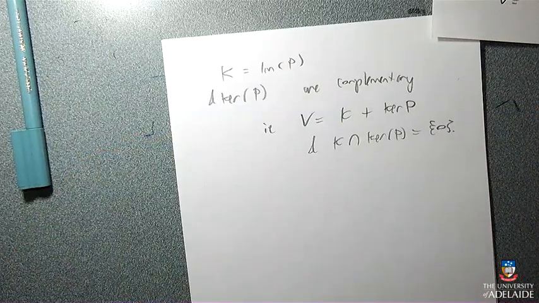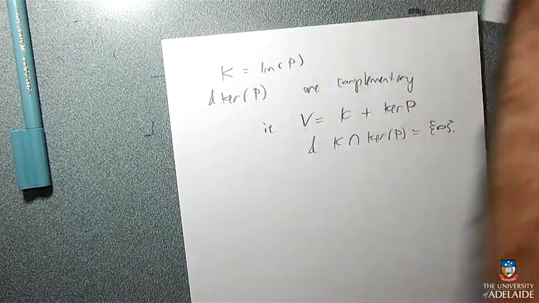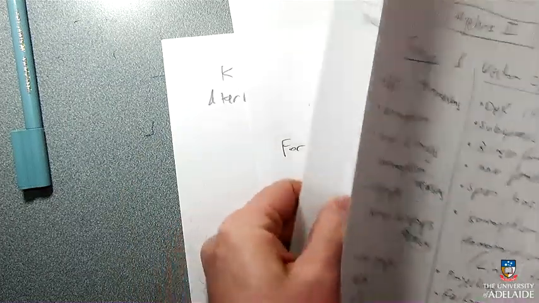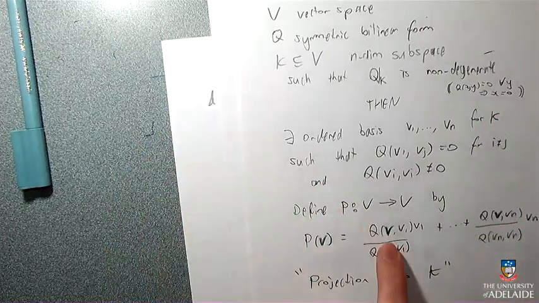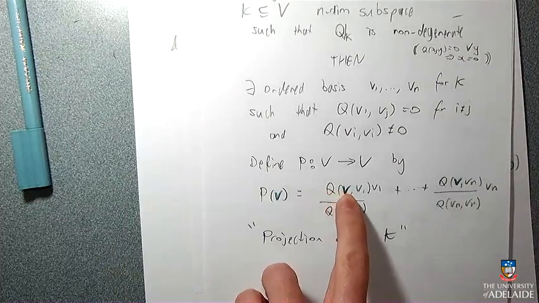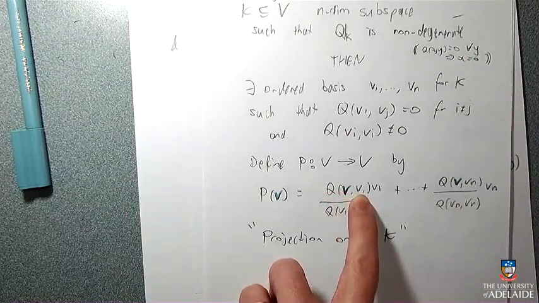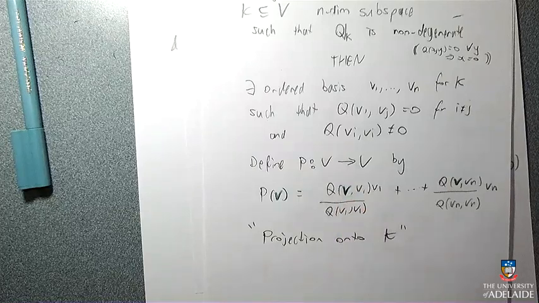Okay, so in some sense they're orthogonal because everything in the kernel of P when I run it through this produces the zero vector. And so the only way that could possibly happen would be for all of these Q of V and Vi's to be zero. So it would have to be orthogonal according to this new Q dot product to all of the V's. Yeah. Because being a basis, there's only one way to produce the zero vector, which is if all of the coefficients are zero.